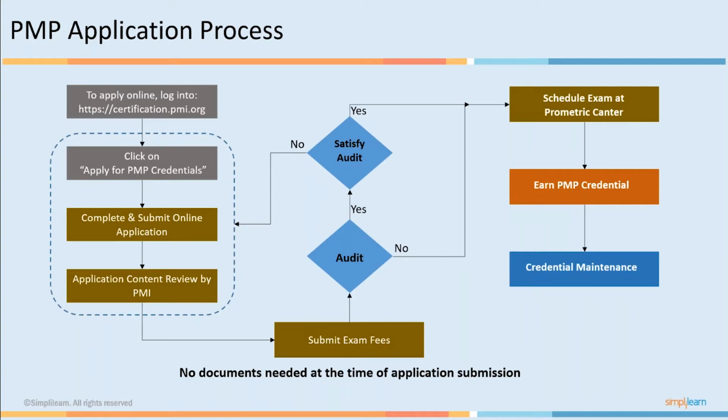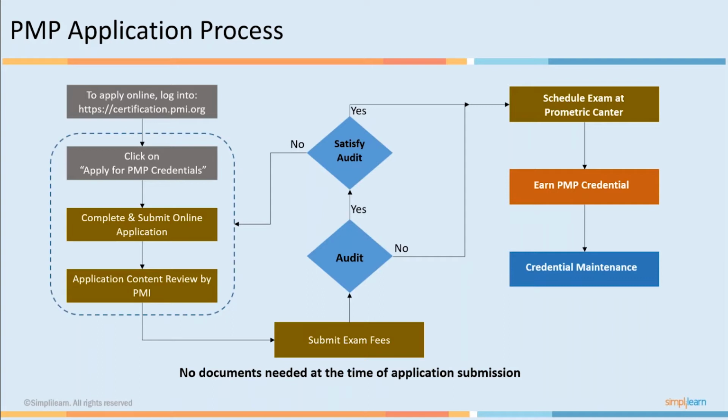Do you have adequate experience or not? And once all these details are checked, then you'll receive a mail from PMI that you can go ahead, your application has been accepted, you can go ahead and make the payment. Now then you need to go and make the payment, and